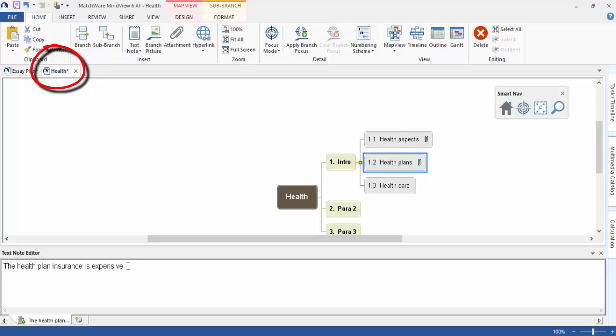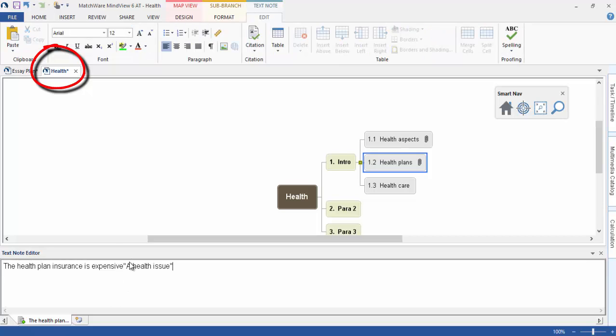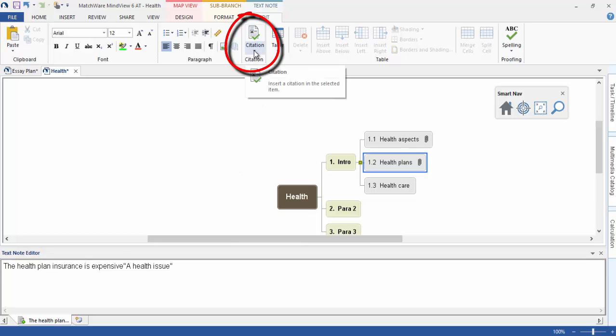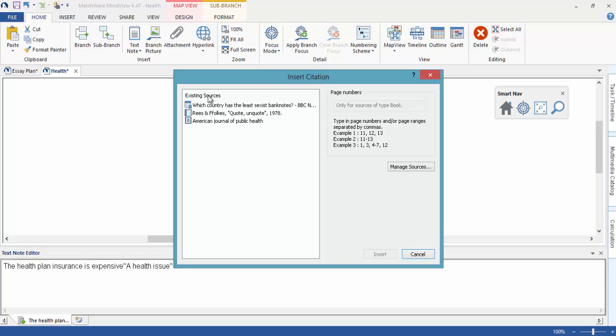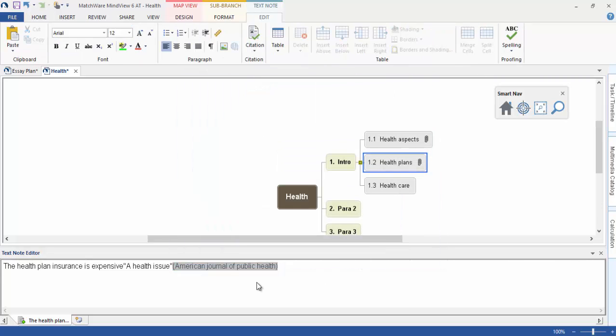Go to your essay and paste it there. And there it is. So now what I can do as well, you can either copy and paste it over the citation, or the reason why I imported it into here, watch, is when I click insert citation, which is the one I wanted. There it is, which is the American Journal of Public Health, and click insert and it